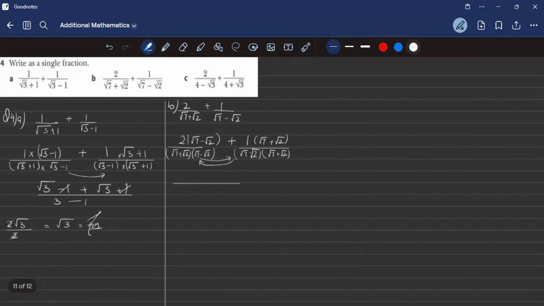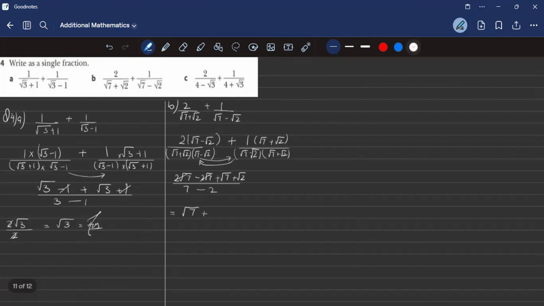That would use the quadratic identity: a plus b multiplied by a minus b is equal to a squared minus b squared. So under root 7 whole squared is equal to 7, minus under root 2 whole squared is equal to 2. So 7 minus 2 in the denominator, and on the numerator we are going to get 2 under root 7 minus 2 under root 2, just simple multiplication and addition, plus under root 7 plus under root 2. So simplify this further, 2 under root 7 minus 2 under root 7, that cuts down, and under root 7